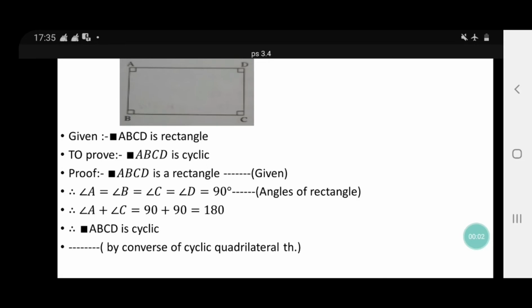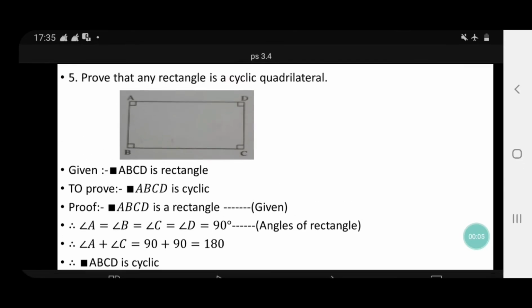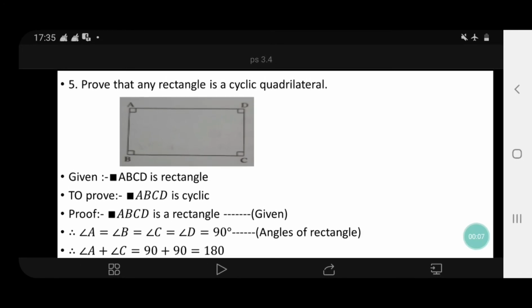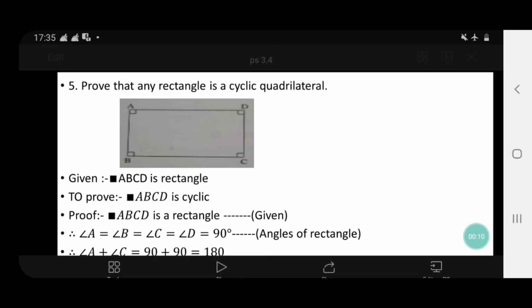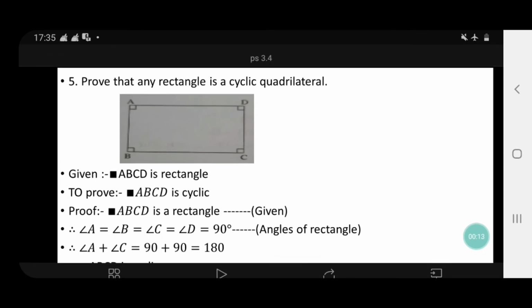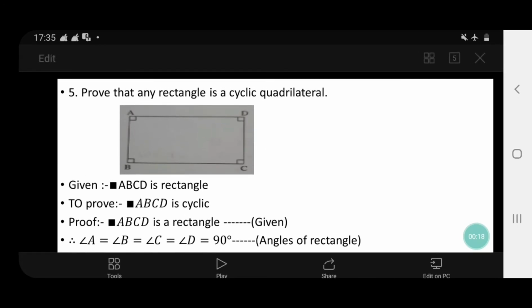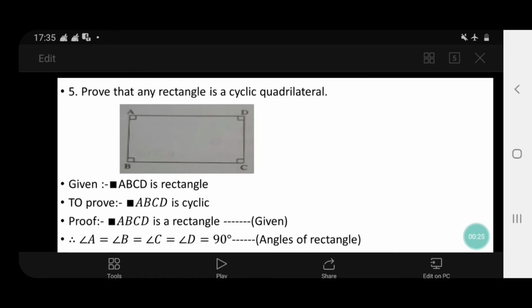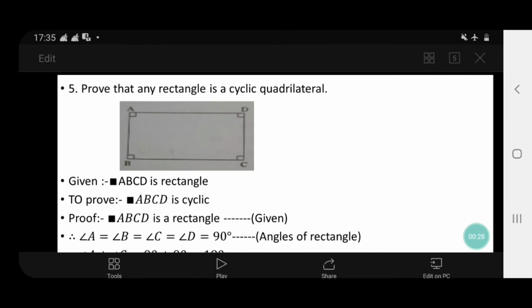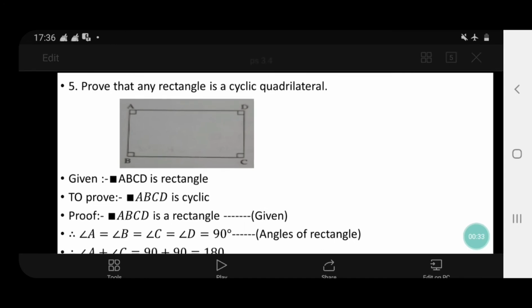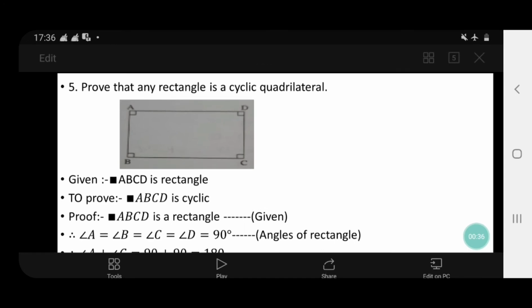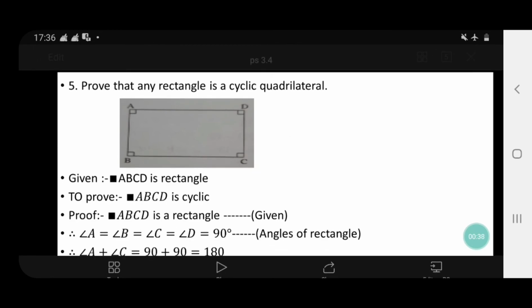We are on the fifth problem of this exercise. The fifth problem asks us to prove that any rectangle is a cyclic quadrilateral. Given part is quadrilateral ABCD is a rectangle. Now here, to prove quadrilateral ABCD is a cyclic quadrilateral. Given quadrilateral ABCD is a rectangle, so all angles will be equal to 90 degrees, angles of the